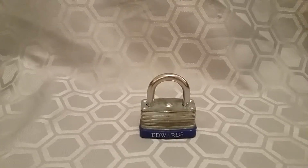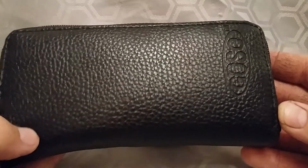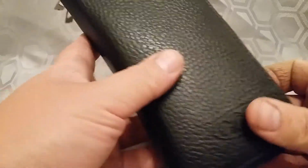Well, I knew a locksmith in the local town, and I bought some equipment from him. I bought some online. I learnt a bit from him, I learnt a bit myself, and I learnt a bit online as well. But what I did do is, when I sold my tools, I kept these. This is a Goso. I think this was probably some of the first kit that I bought, a Goso lockpick set